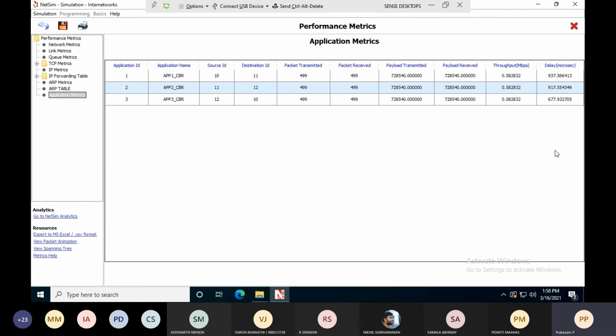To view the spanning tree: even in the theory exam we get asked to draw the spanning tree after computing the root bridge, root port, designated bridge and port, and block ports. You have to mark all these things in a diagram, then draw the spanning tree. To see the spanning tree on the same page, come to the bottom side, where one icon is there, view spanning tree. Just click it.